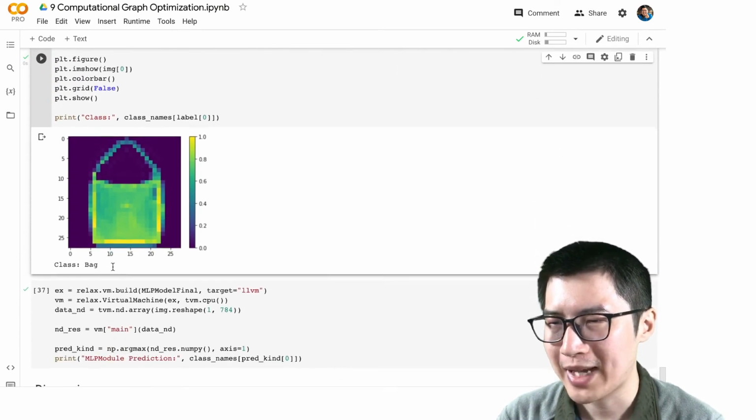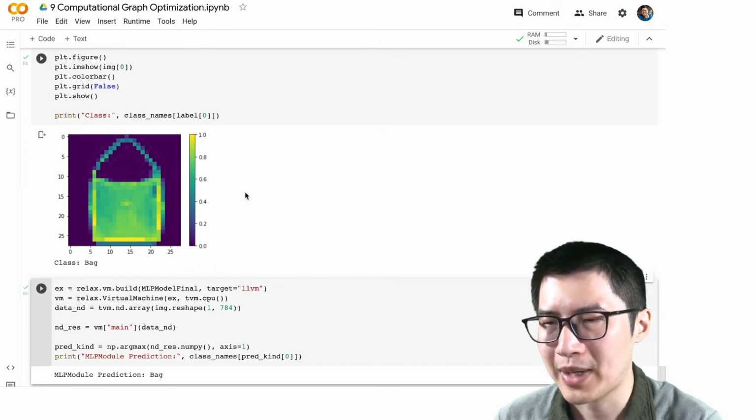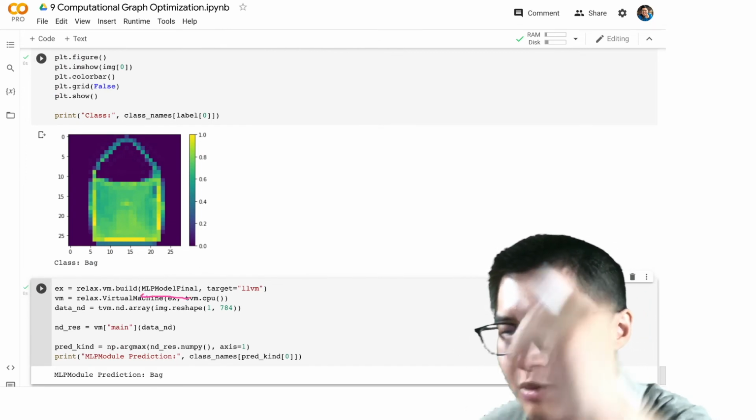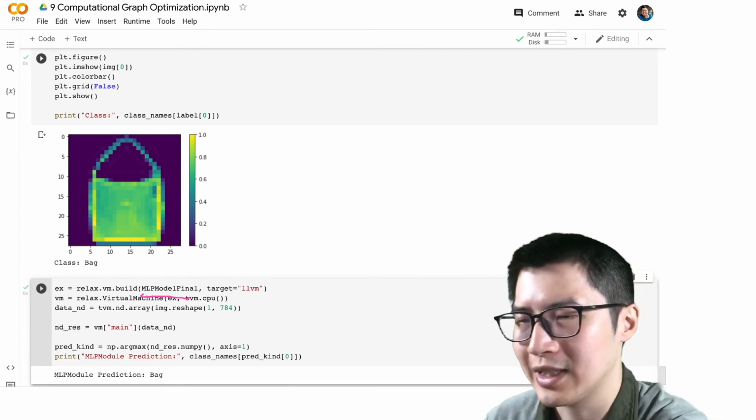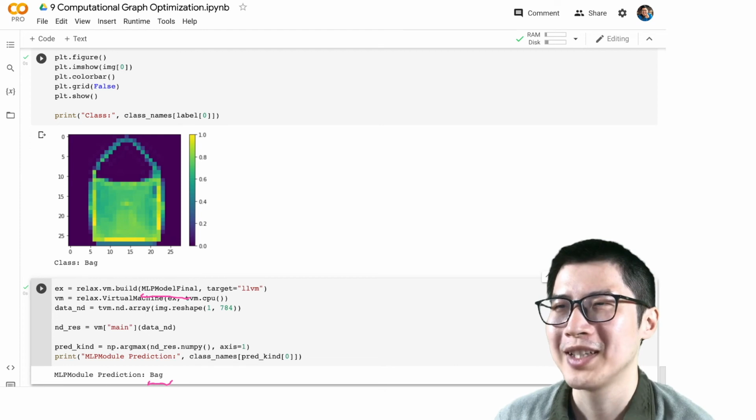And here's a bag, right? And we're going to run it through this particular function by putting in the final module setting here, and it predicts back as expected. So in some sense, this is